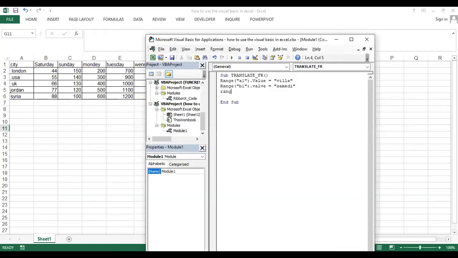Also range between two quotations C1 dot value, because I deal with values, Monday or Sunday,